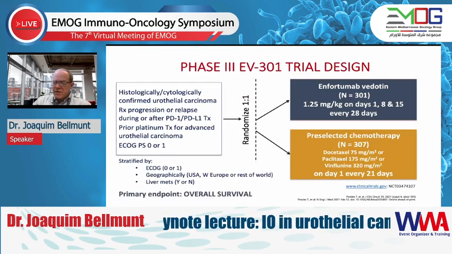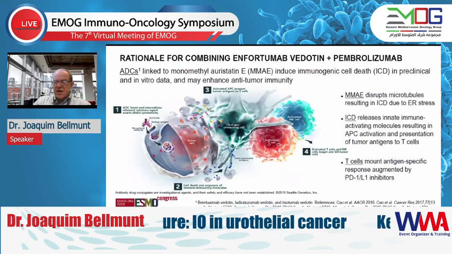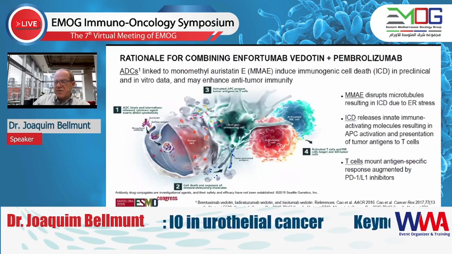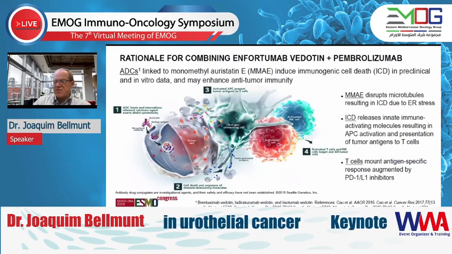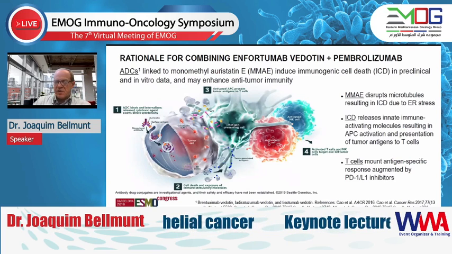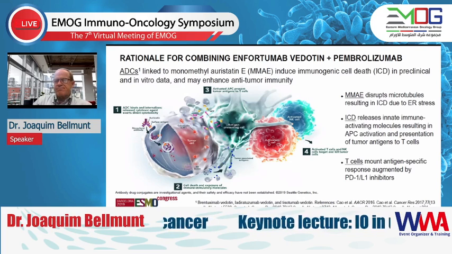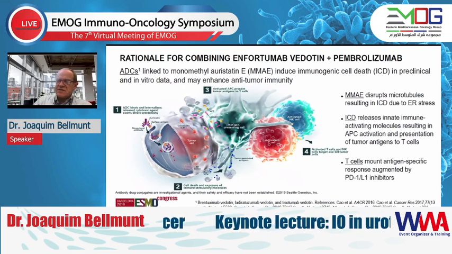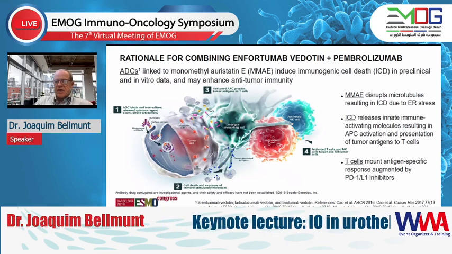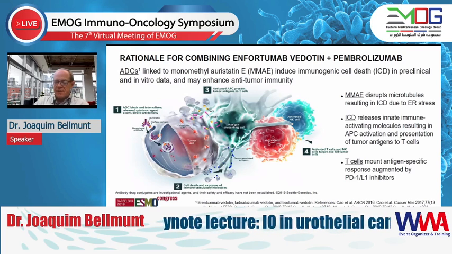And then there are other trials coming, obviously, with this enfortumab vedotin. Here, I'm not going to go through the results. I have been talking about enfortumab vedotin, but because of the importance of combining chemoimmunotherapy using antibody drug conjugates, looking likely for this chemotherapy or immunogenic cell death that we see with chemotherapy. And we have some preliminary data on the combination of enfortumab vedotin plus pembrolizumab that was presented in Barcelona